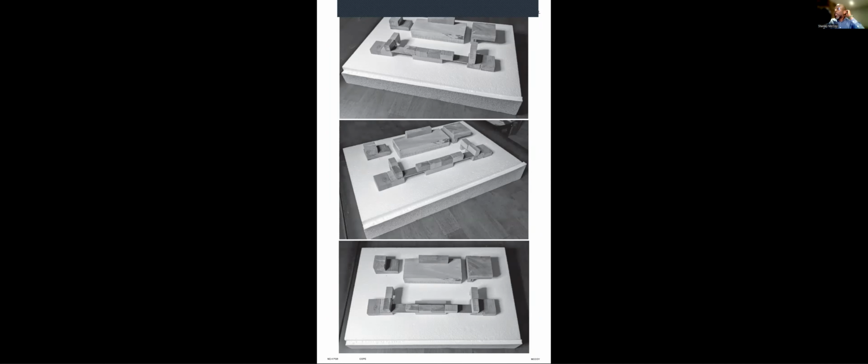So here is where I created my models in the very beginning of the process. I chose wood as my medium because I realized that I'm a carpenter at heart and I really like working with wood. So I'm looking forward to projects where we create these types of models early in the process and to see